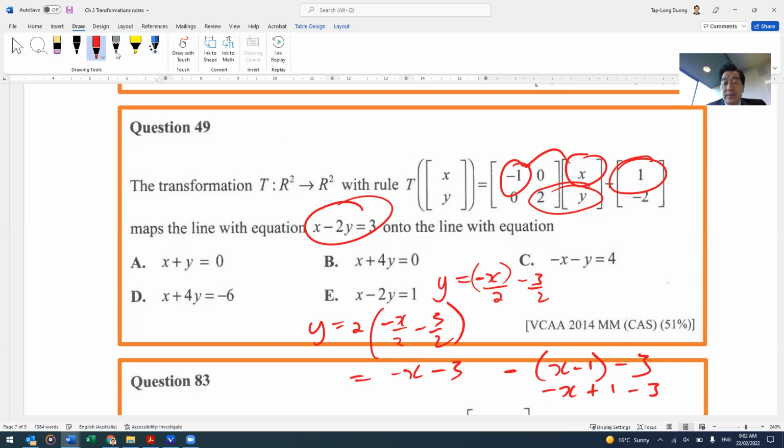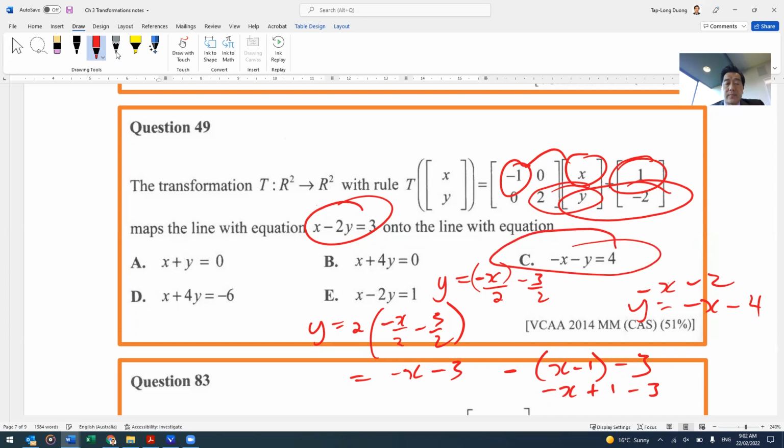Minus 3. And the last one, tack on a minus 2 at the end. Minus 5. So it's negative x minus